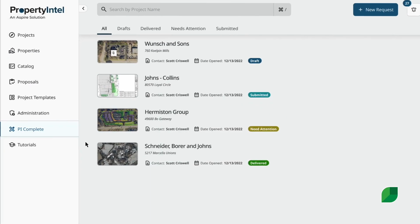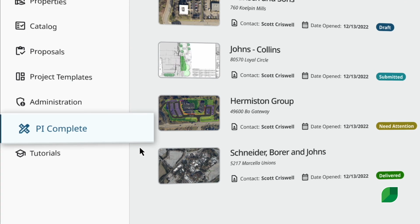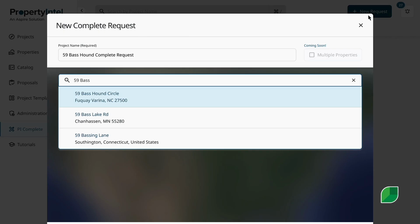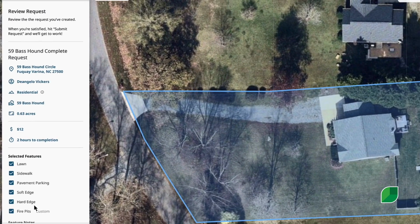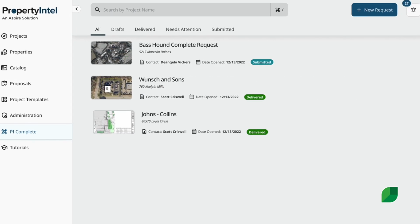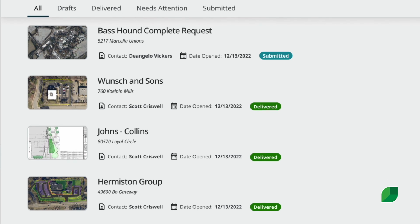And if you're stretched for time, we can do the takeoffs and estimating for you with PropertyIntel Complete. Simply submit a request with the property address, indicate the features you want to include, and our professional cartography team will apply their expertise. Precise takeoffs are delivered directly to your PropertyIntel account, enabling your salespeople to bid on high-quality